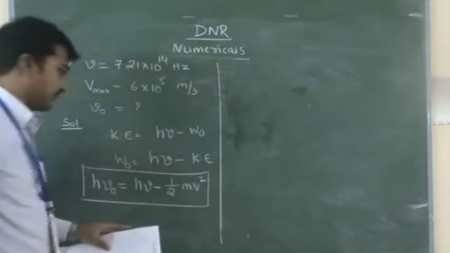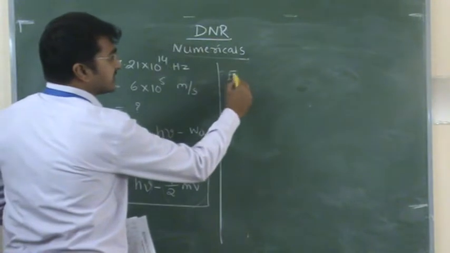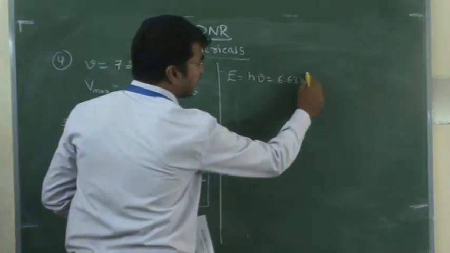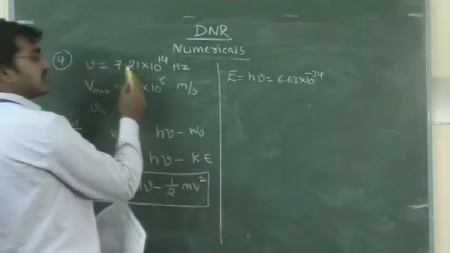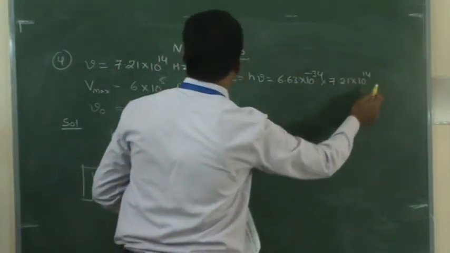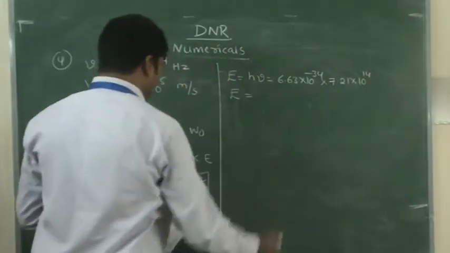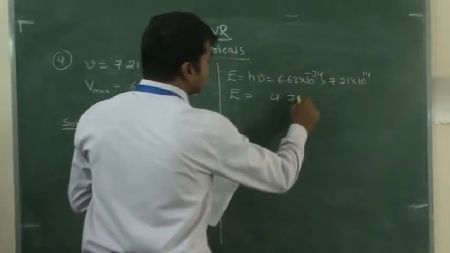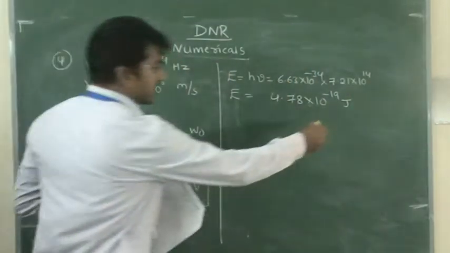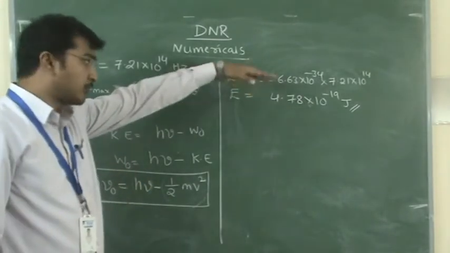So this is the equation generally, you can make a note of it. But I am finding individual values. So what is the incident energy? h nu. Substitute the value 6.63 into 10 to the power of minus 34 joule second, incident frequency 7.21 into 10 to the power of 14 hertz. The incident energy E is equal to 4.78 into 10 to the power of minus 19 joules. So please make a note of it. This is a formula, but you can do the same problem with another method.